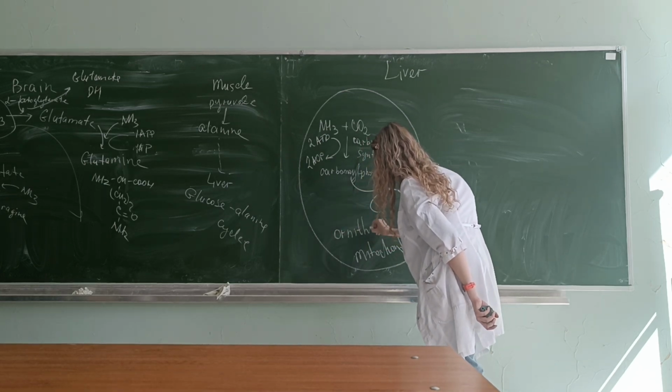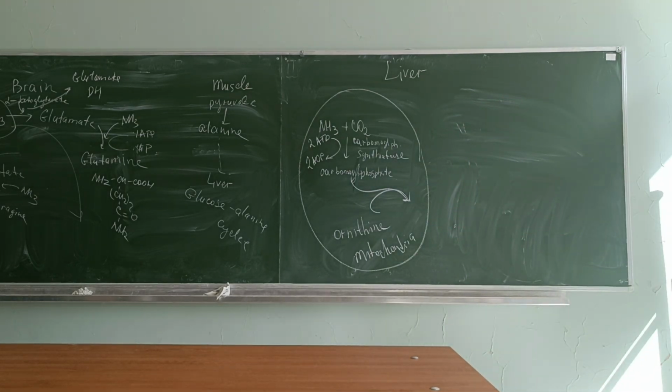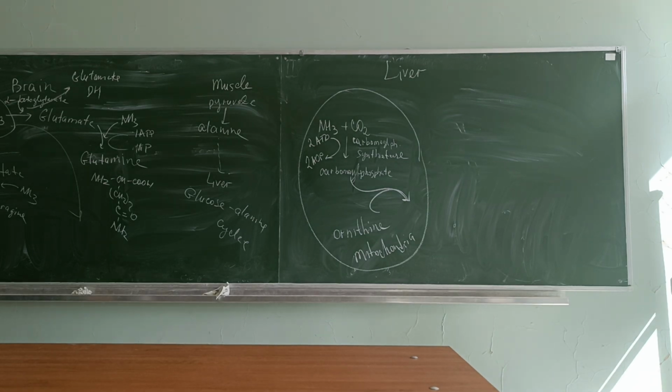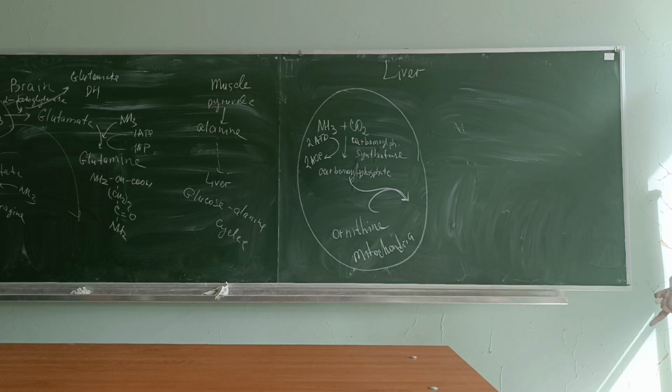Ornithine is a non-proteinogenic amino acid. That's why we will never use it for protein synthesis. It's involved in the urea cycle, and also from ornithine we can get specific biogenic amines, spermine and spermidine. As the name suggests, it helps our cells divide because it was discovered in sperm.